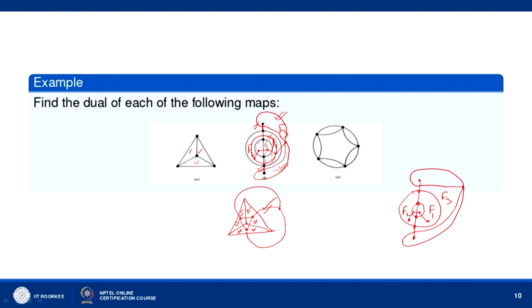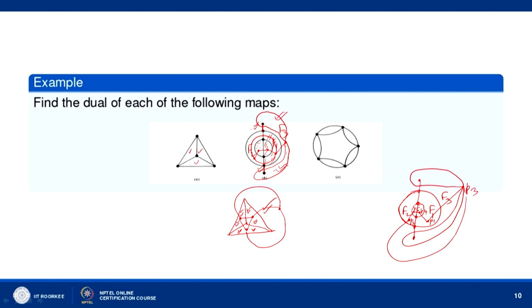Now, we join this to this, because F1 and F3 are adjacent regions. There is one common edge here, and F3 is also adjacent to F2. There is a common edge here, this one. So, P3 can be joined to this. This is P1, this we can call P2, and we have P3, P4, and here we have P5. So P3 we have joined to P1, and P3 also has to be joined to P2, like this.